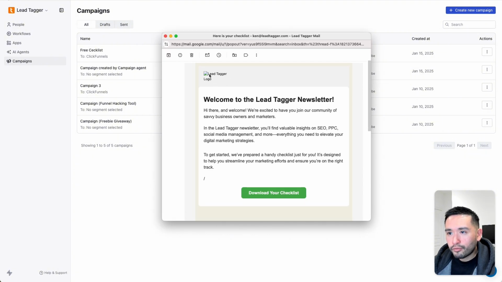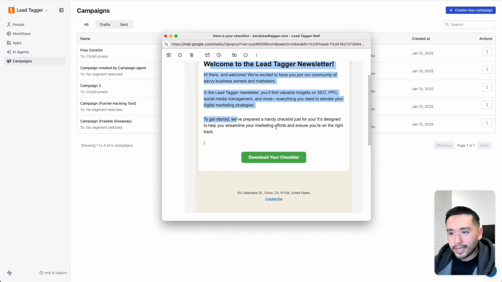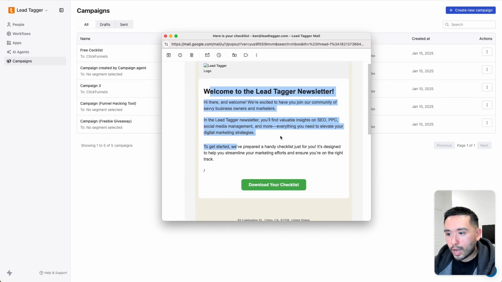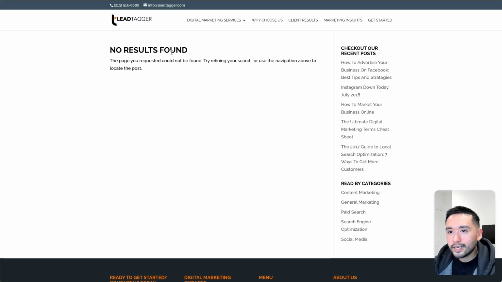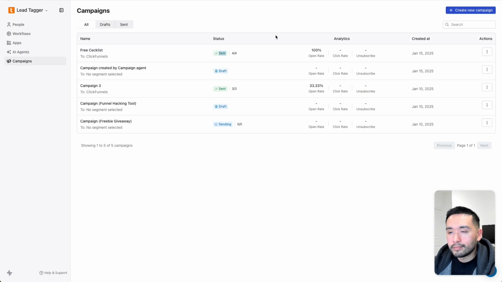email. So unfortunately, the logo is broken. I might need to fix that. But the text is here and the design looks more or less the same as what we saw on Swipe 1. Now let me click on download your checklist. Okay, so it does lead to my 404 error page, which makes sense because that checklist URL is not a